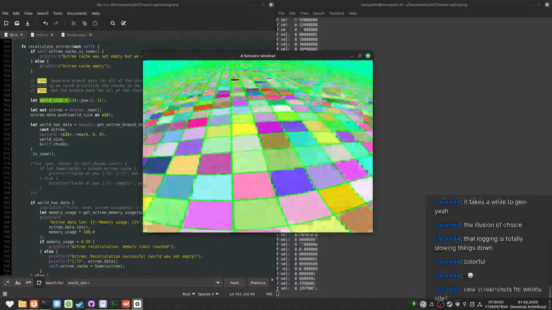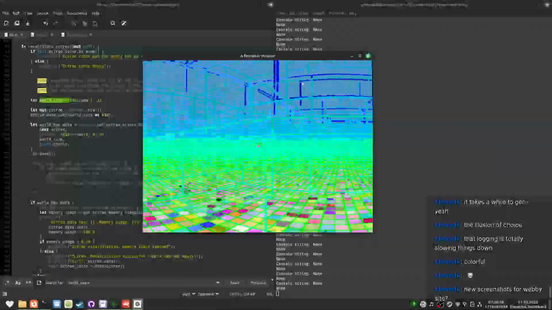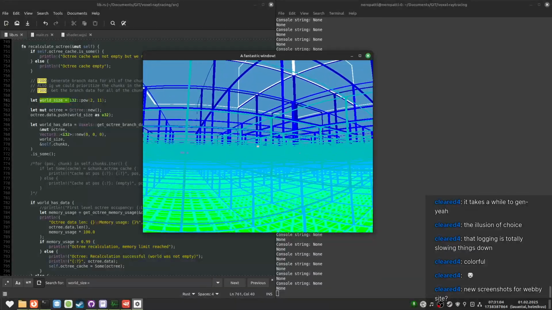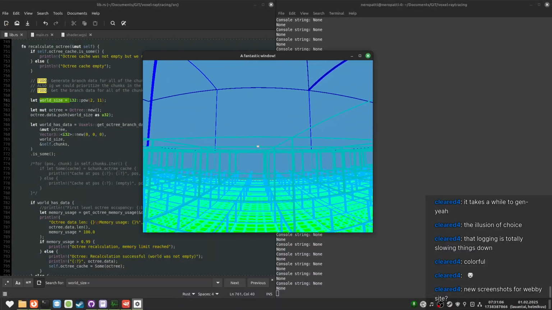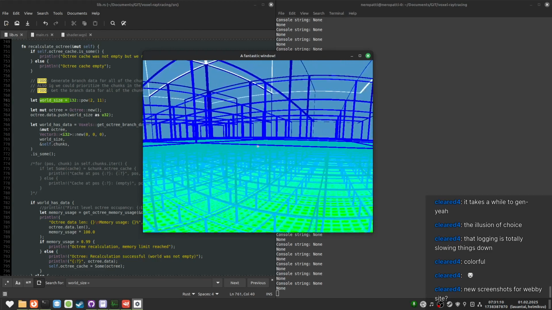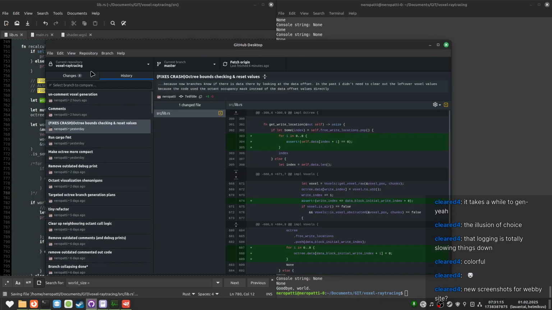Yippee. Anyway. Maybe. I mean, this is just debug visuals. But I'm considering it. I took one screenshot earlier, which was nice. But we'll see.